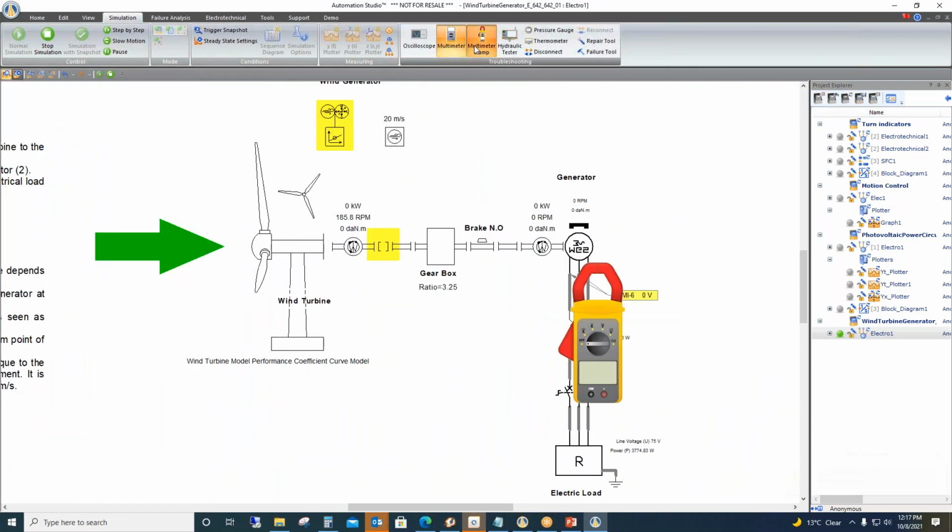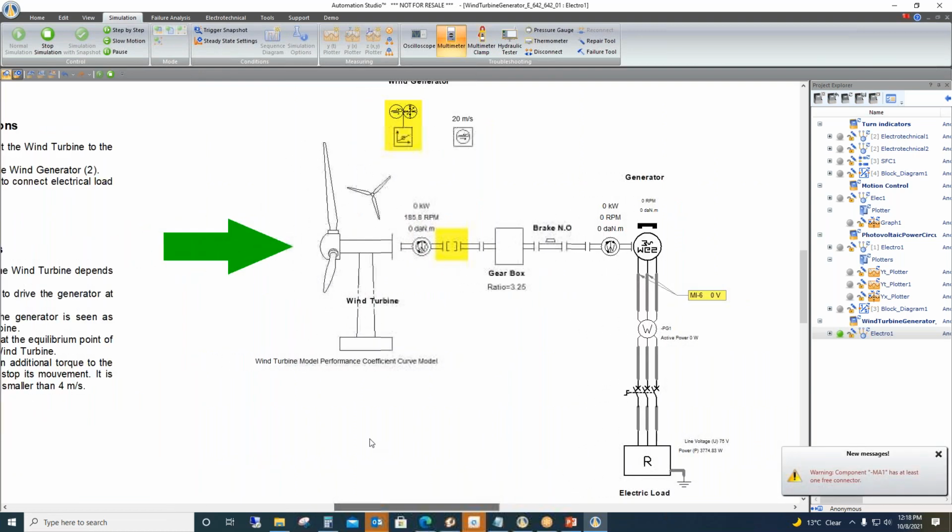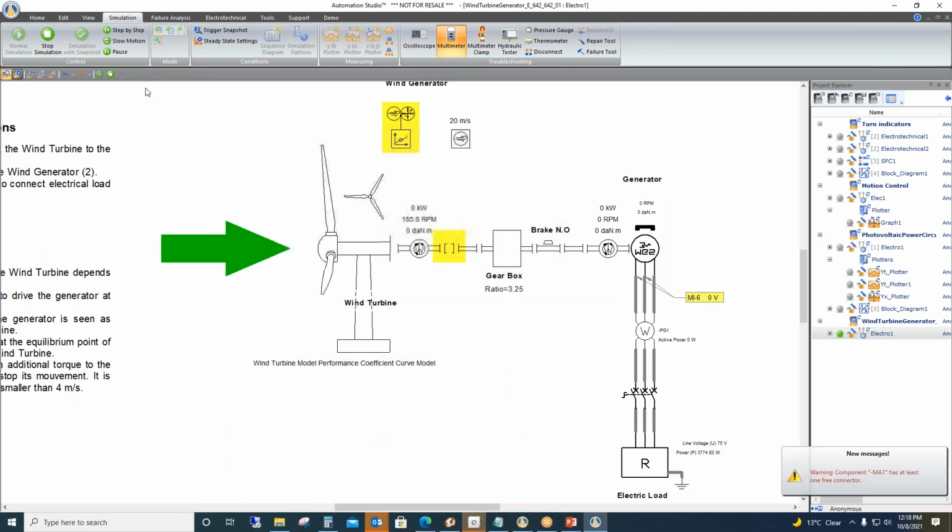So right now, just a second. Yeah, so right now 20 meter per second wind is generated in this project, and that is operating my wind turbine here. Now if I close the clutch, 4 kilowatt power is being generated by using this wind. So if I add the external load, depending upon the amount of load that is being attached to this generator, that much power will be consumed. So if you add a brake, it will show the effect here.